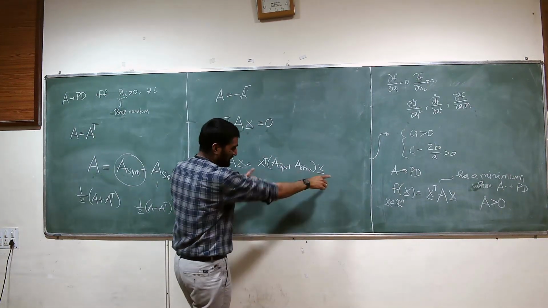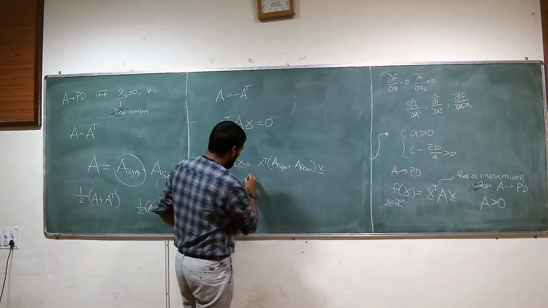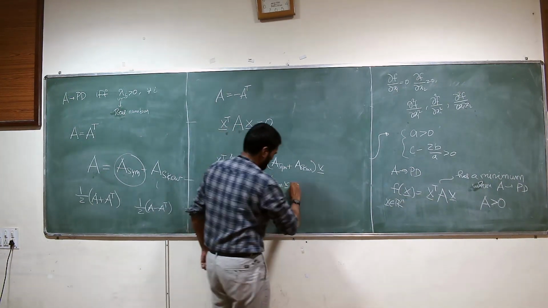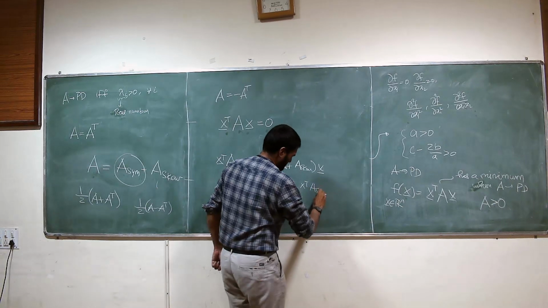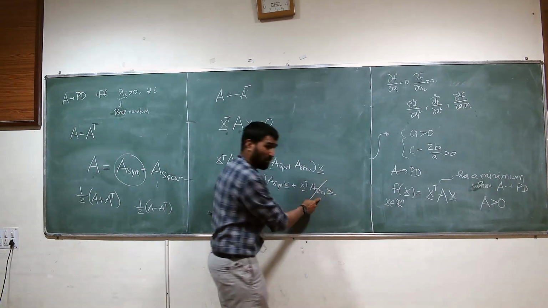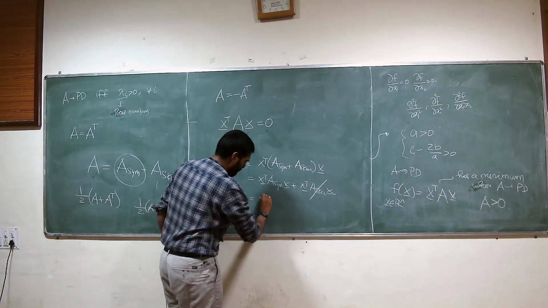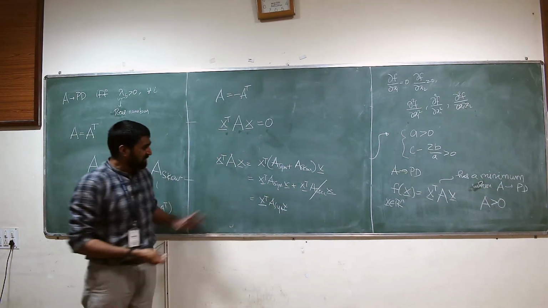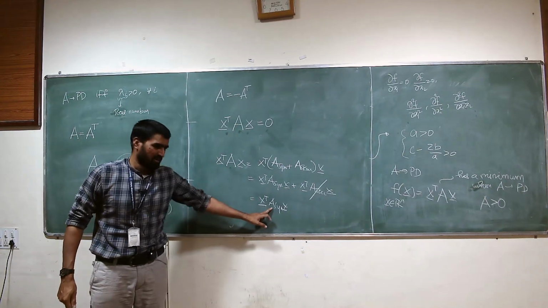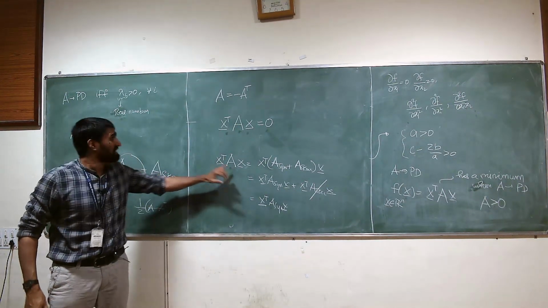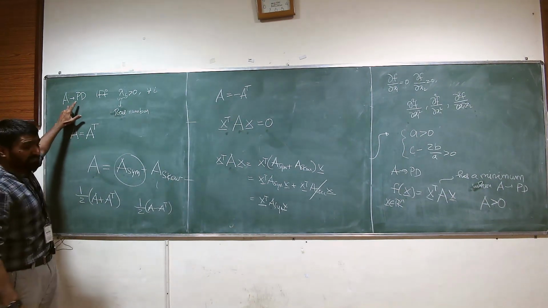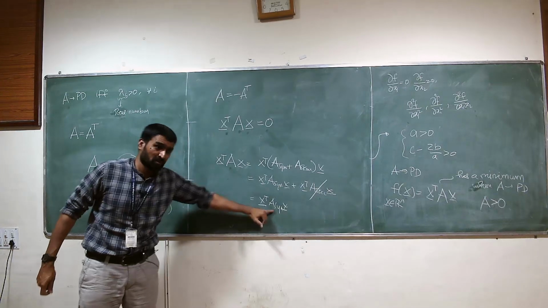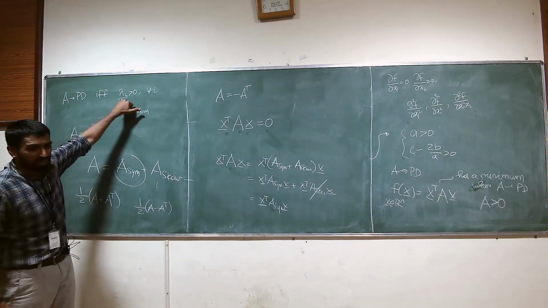X. You multiply this in because of the distributive property. What you will get is x transpose, and this is 0. Okay. So we only have to worry about the symmetric component of A. That means no matter what A you give me, all I have to verify is if its symmetric component is positive definite. So if I'm only dealing with the symmetric component, then I only have to compute the eigenvalues of